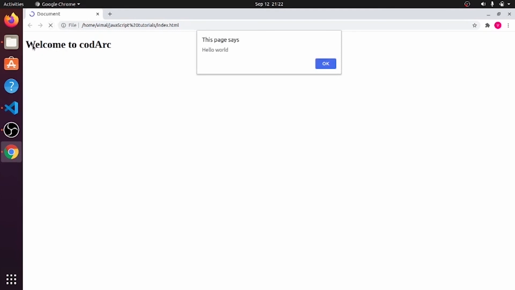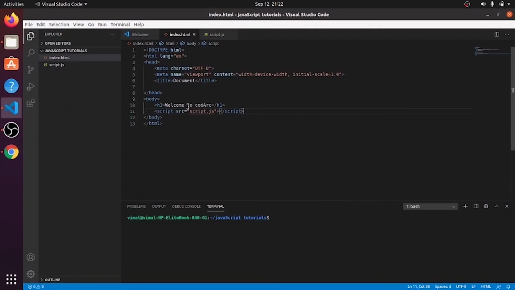You can see the welcome to Codarc message has already been displayed, and you can also see the alert message of hello world. Basically, writing our script tag inside the body tag is not the best practice. We will resolve this further in our videos when we see advanced JavaScript, DOM manipulation and jQuery.